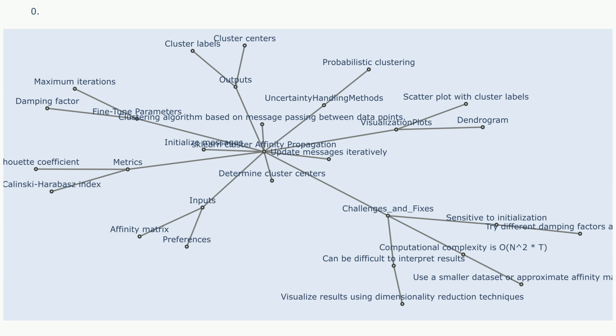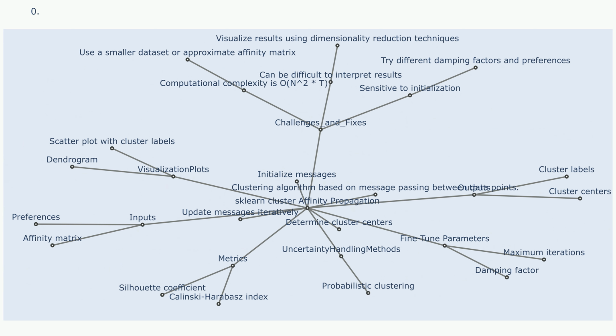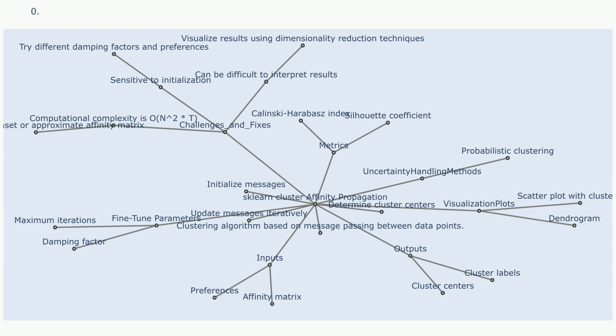Metrics: the silhouette coefficient measures the quality of clustering by evaluating how similar a data point is to its own cluster compared to other clusters. The Calinski-Harabasz index measures the ratio of between-cluster variance to within-cluster variance, with higher values